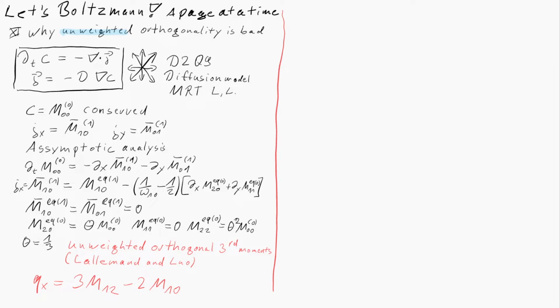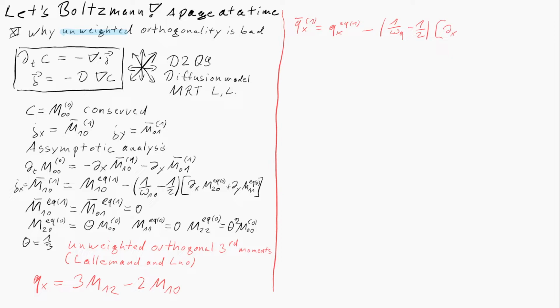Now, what does this do to the asymptotic analysis of this quantity Qx? So let's look at Qx bar to the first order, which of course would be Qx equilibrium to first order minus, and now keep in mind that it is this moment Qx that is relaxed, so we apply the relaxation of that particular moment, so it would be omega q minus 1/2. So this is the moment that we relax, and